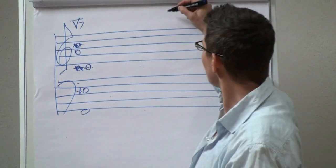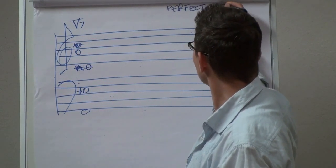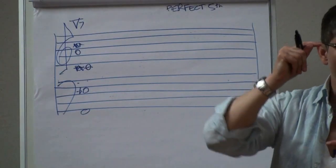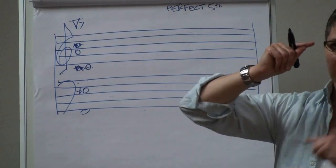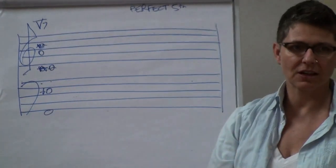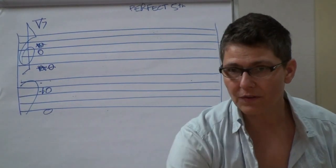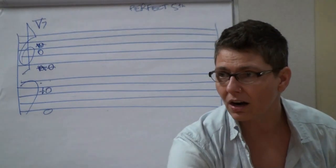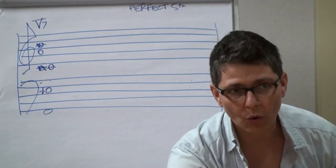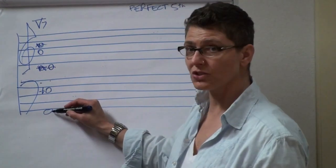Perfect fifth, 1, 2, 3, 4, 5. That's what we call a perfect fifth. It's a perfect interval, and it's the largest interval that we sing that is consonant. Consonant means major, not dissonant, which means basically minor. So when you're going through your music and you find maybe the basses and the baritones are a fifth away, the baritones should sing higher in that chord. In the chord, not in the key, in the chord. Okay? Can they join you there? Yes, they can. So what I wanted to get at is if this is the root,